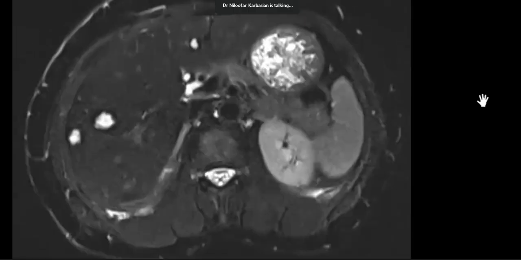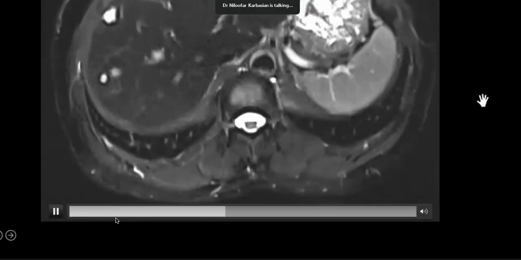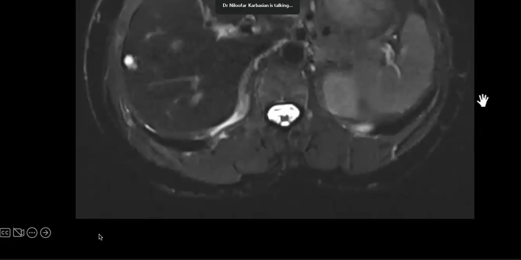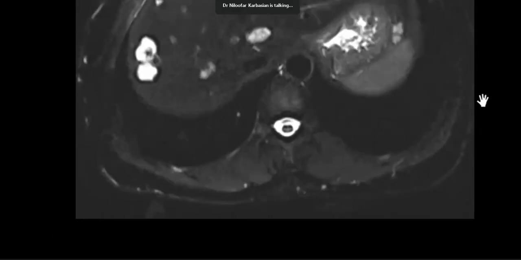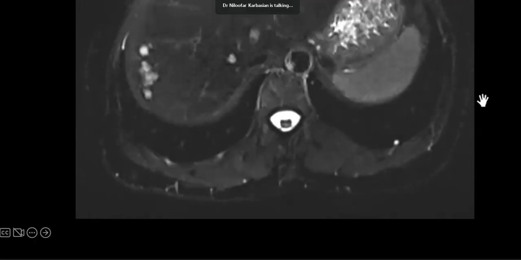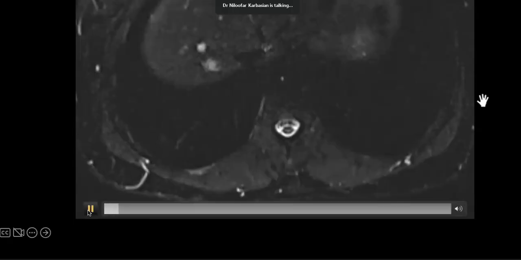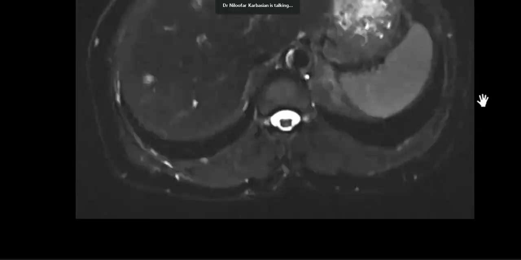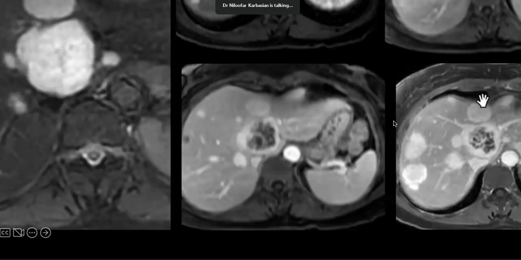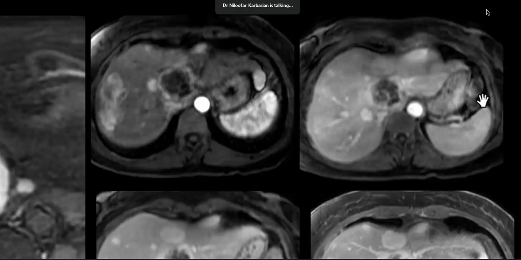And I hope this plays out well. I skipped the CT. This CT showed some hypodense lesion, and then this is the MRI, axial T2 fat SAT sequence. You can see that there are these scattered T2 hyperintense, kind of similar to fluid intensity lesions throughout the liver. I played the T2 once again. Have a look at them and then have basically an idea of what they look like on the T2. And then this is